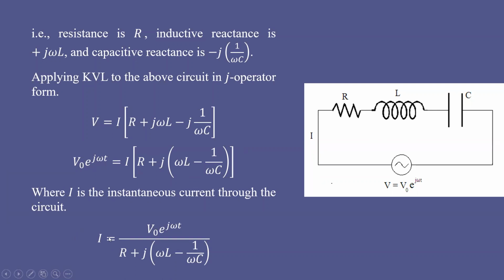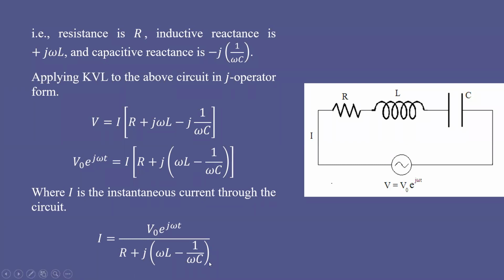So finally, we have to express this current in terms of the complex number representation. For that, we have to solve this equation by considering this complex number in the denominator. This is a complex number of the form x plus jy, or alpha plus j beta. Now we have to solve this equation.